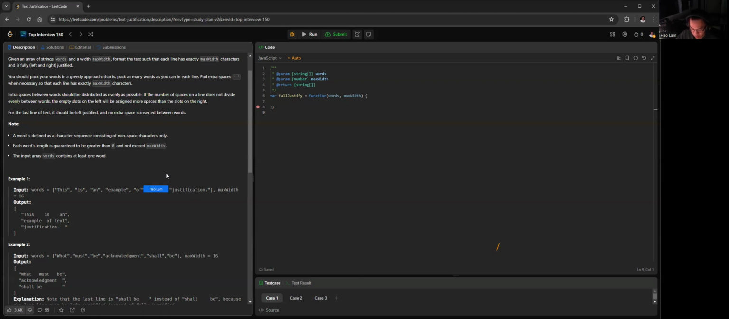So we have a few requirements here. The first thing is that each line must have exactly the length of max width, which is 16. And then the spaces must be divided evenly between the words in the line, and if the remaining spaces couldn't be divided evenly between the words, then we must give the left more spaces than the one on the right. And the next rule is